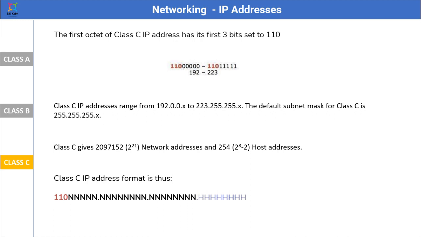Class C gives a maximum number of possible networks of 2 raised to the power 21, and the number of hosts in one class C network is 2 raised to the power 8 minus 2. The class C IP address in binary format will look like this.